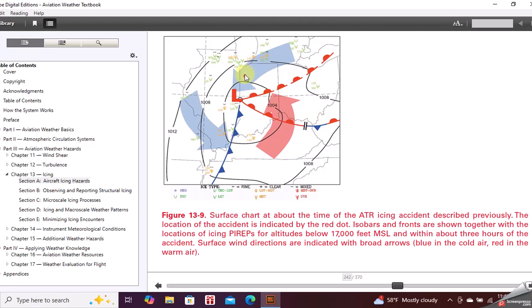Here's where the aircraft crashed. So we have a warm front moving north. Temperatures are cold, not necessarily at the ground level, but aloft there is lots of moisture. Think about it: warm air rising, slowly being lifted up over the cold air mass, condensing, lots of low clouds, visibility down. So as this aircraft was flying through this lower cloud level, it hits an altitude where ice